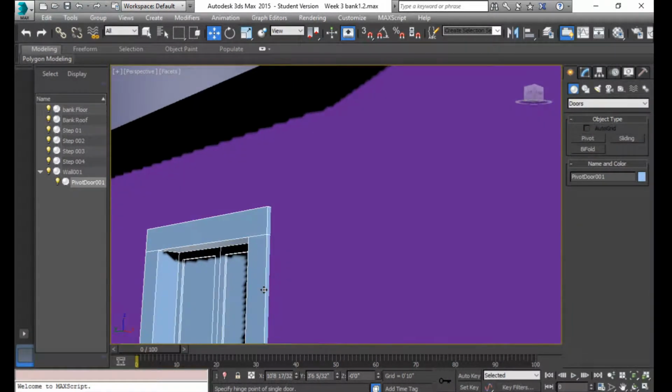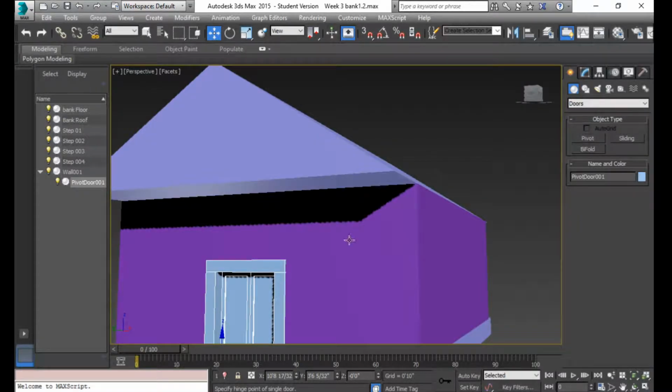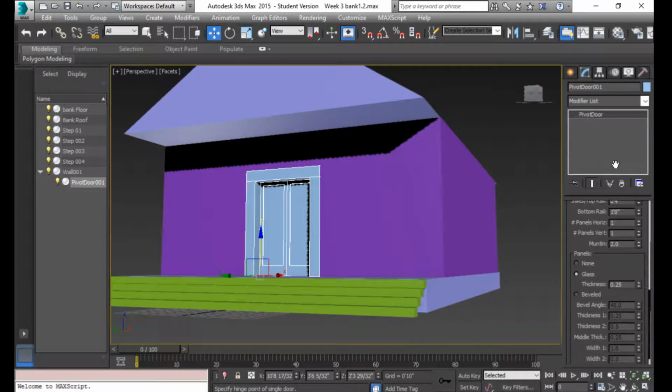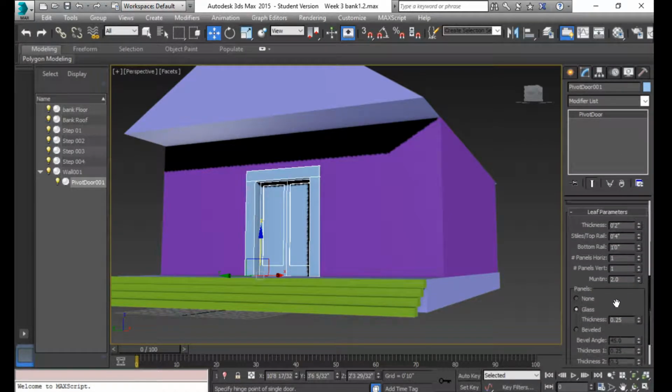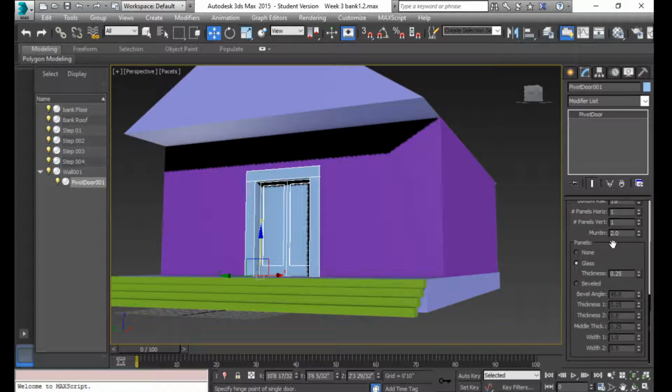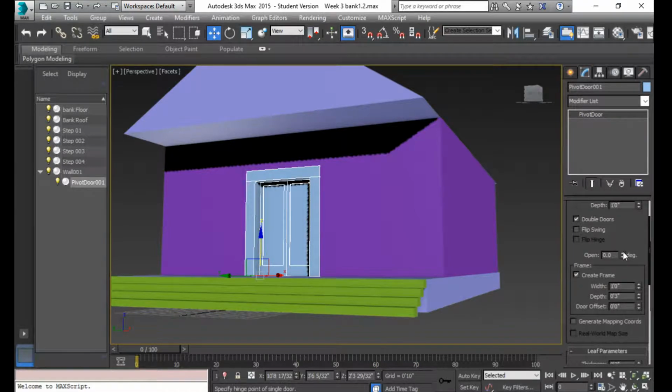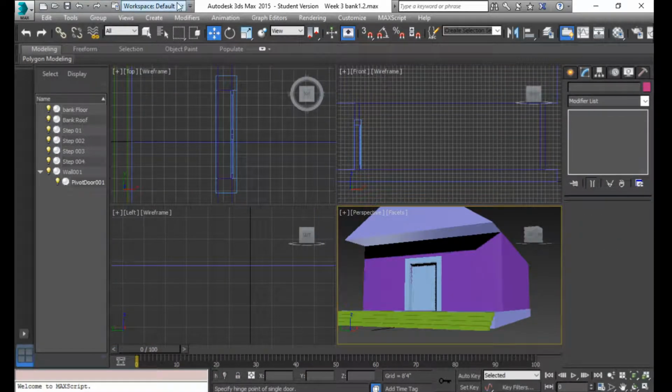You can't see it very well, but there is, and I can show you by moving this door up just at the top. And as soon as I let go of this, this wall will fill in. Boom. There we go. So we have nice big bank doors, and if we ever animate this door, you can grab it and move some of its parts. For example, you can change the open and closedness of the door, so you can animate it. So let's go to